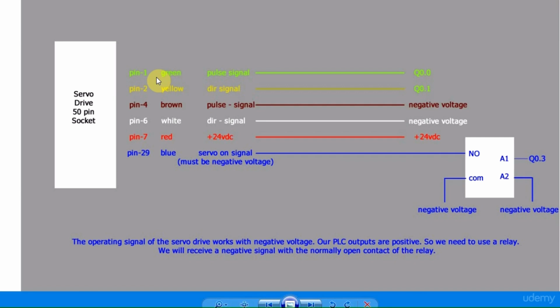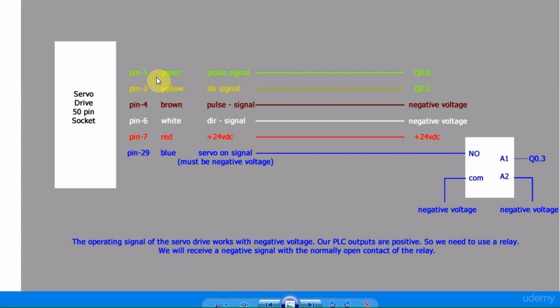This brown cable is negative voltage, the pulse signal negative voltage, and pin 6, and this is white, and direction signal negative voltage, and pin 7 is the red cable, and this is 24 volt DC positive signal, and pin 29 this blue